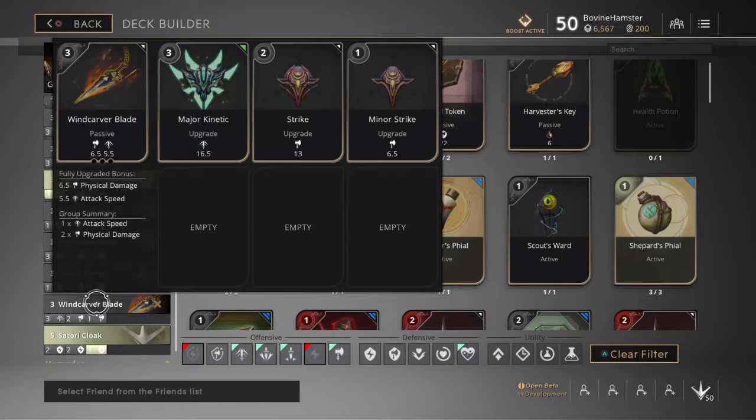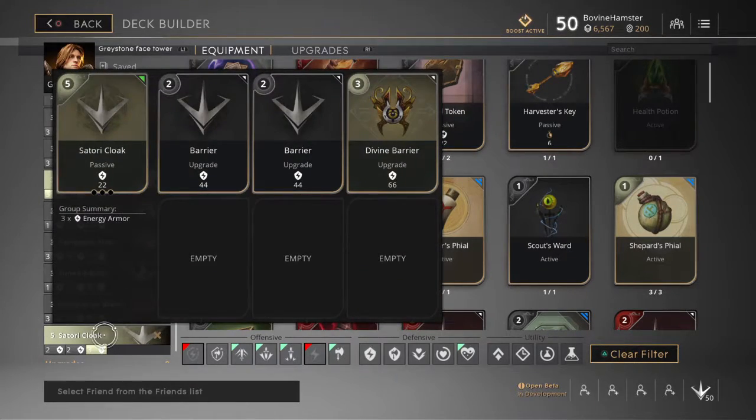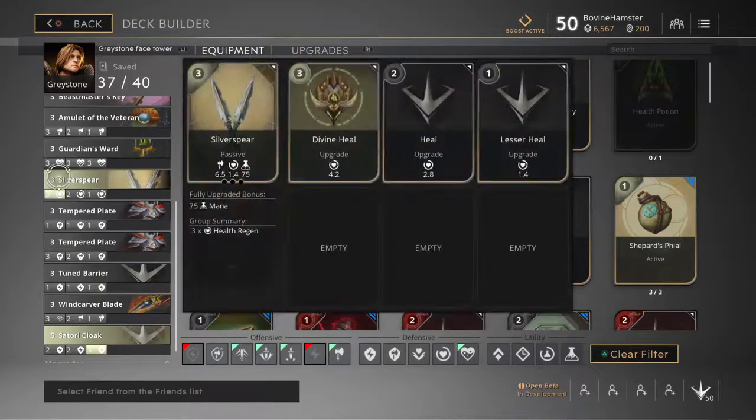You do not need the extra damage. Remember, this is a build for smashing in towers. As soon as you got that, you want to move into the Satori Cloak. Okay, the extra armor that you